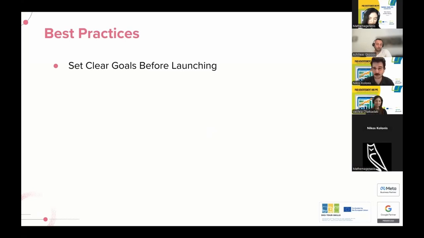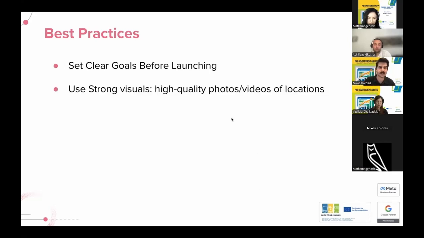So even before launching your campaign, you need to decide if your campaign aims for awareness, engagement, or bookings. So your goal needs to be clear in your mind. So then you know which is the right format for you, which campaign type to choose, etc. And also so that you know what your KPIs are, basically how you measure the success of your campaign.